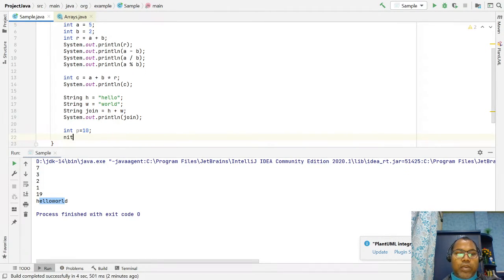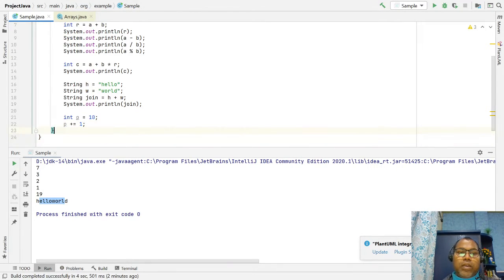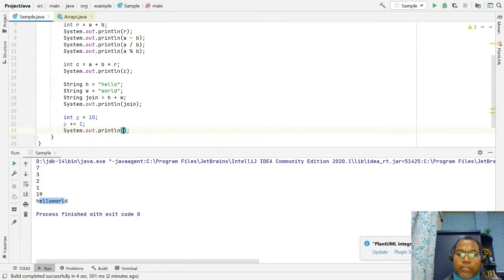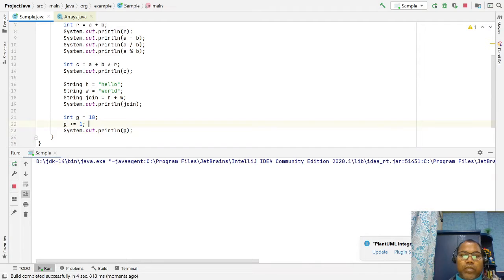Here you can simply say p plus equal to 1, and if you print p, it will display 11.